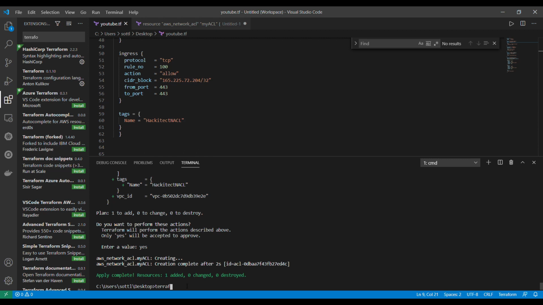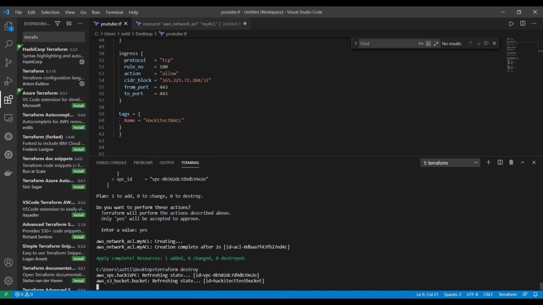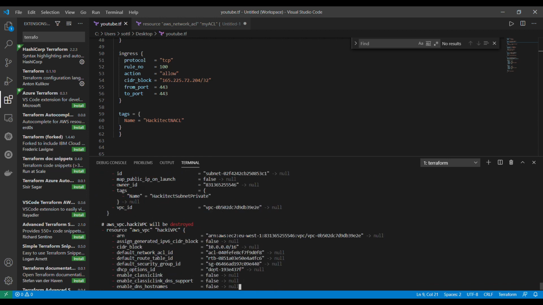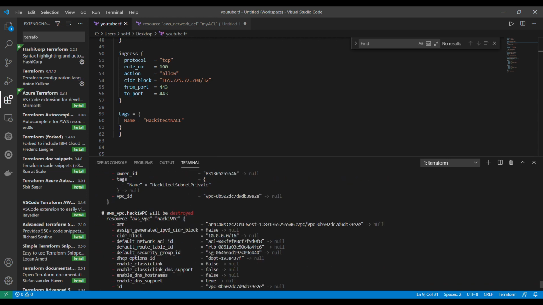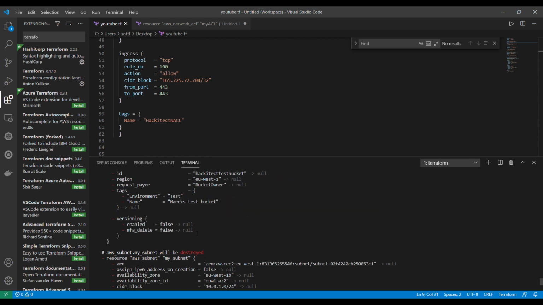It's terraform destroy. Terraform destroy is a command that will destroy or deprovision our infrastructure. With terraform destroy, we will basically know which resources will be deleted and which resources will be maintained, if I want to maintain some.